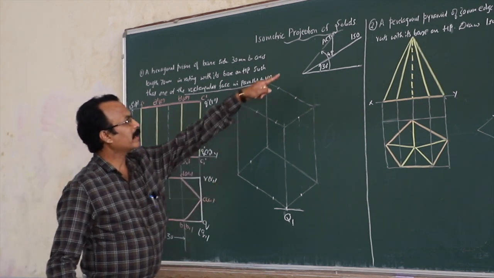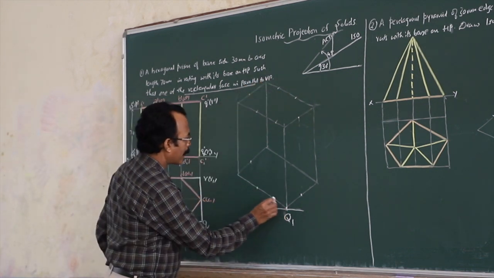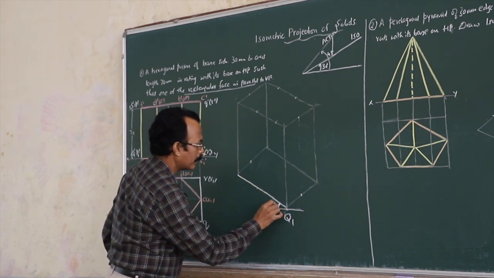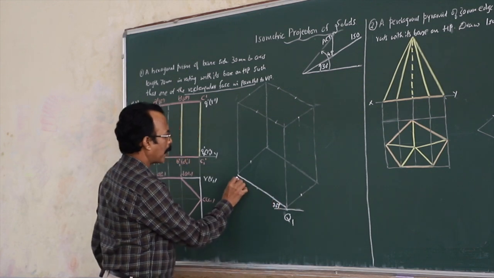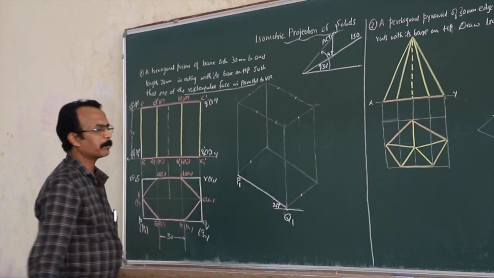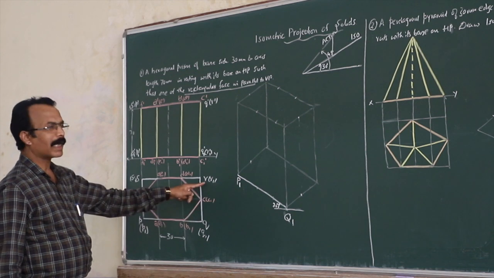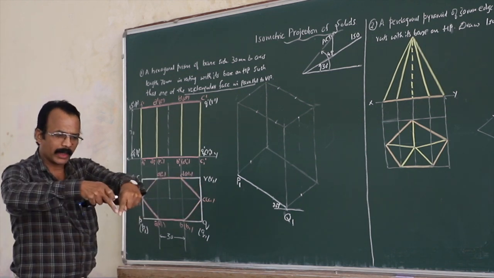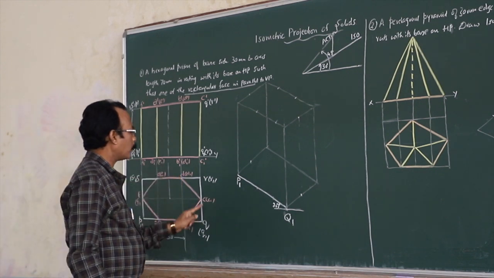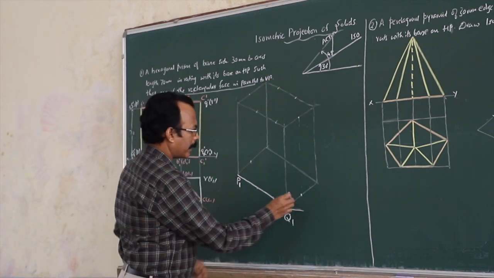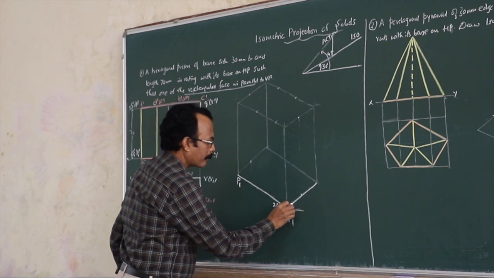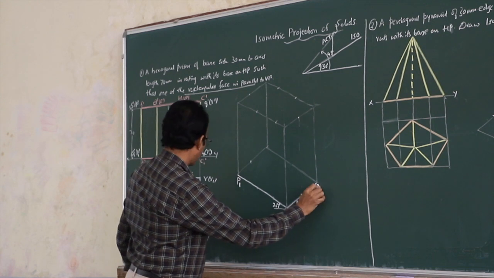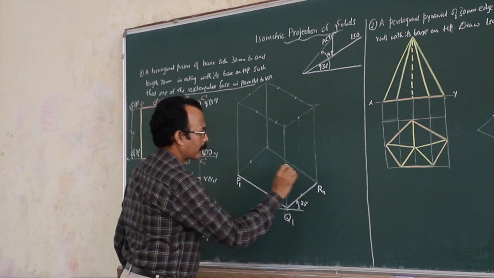You take this length, get it converted, come and mark the 30 degree line here. Draw it 30 degrees, right? And this you can mark as P1. Then Q1 R1, again it is a horizontal line. See, it is a top view. This is horizontal, this is also horizontal. So Q1 R1, you get it converted, come and mark it here, again at an angle of 30 degrees. So this is your R1.